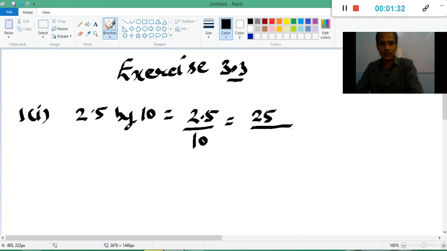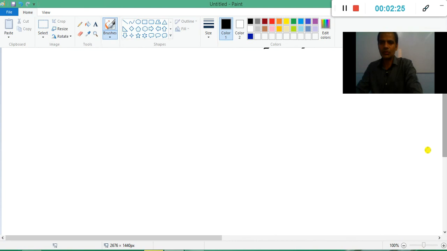Write the numerator as it is, and in the denominator write 10, an extra 10, because in the numerator there is only one digit to the right of the decimal, that is 5. That's why I have written 10 in the denominator, because 10 has only one 0. And you can see that in the denominator there are total 2 zeros, 1 and 2. So what we will do is place a decimal after 2 digits in the numerator. So according to the number of zeros in the denominator, we place the decimal after that many digits in the numerator, and that gives our answer. So the answer is 0.25. I hope you are getting it. If you solve the questions one by one, the concept will be clear to you.